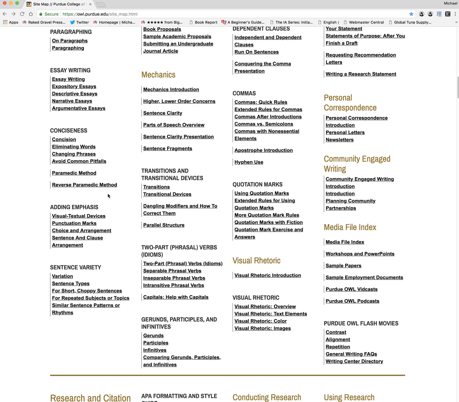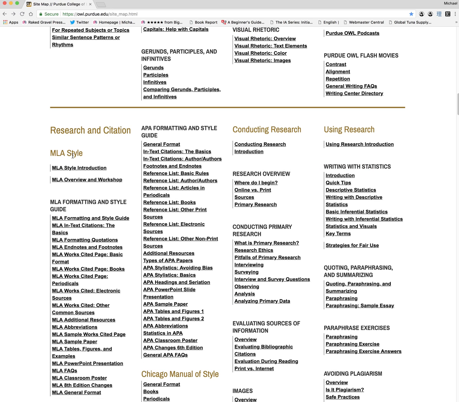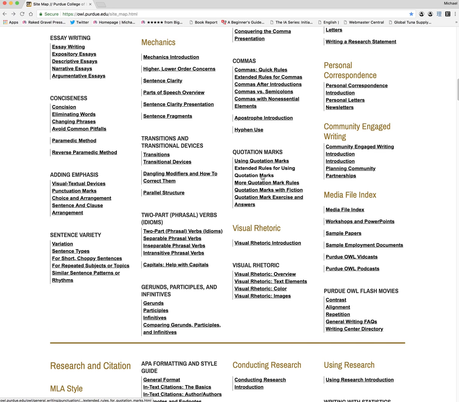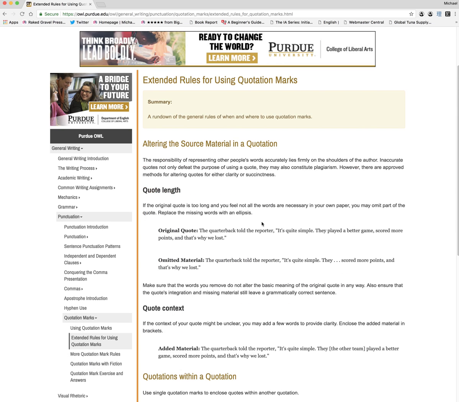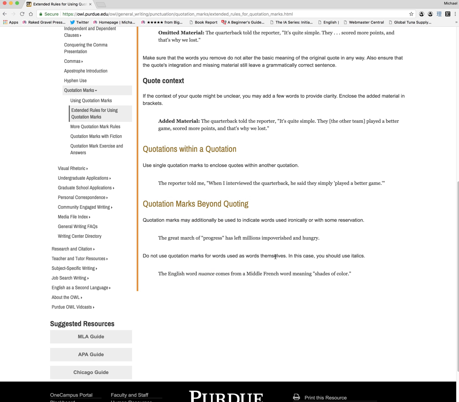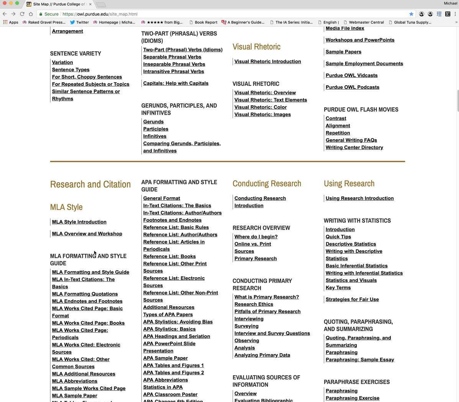The other important part of this is the research and citation. Like, how do you do quotes? Up above, it talks about how to use quotation marks, right? So this explains using quotes. Where do you put the comma? Where do you put the quotation? This gives you different ways to use quotations, different ways to include the quotation. But you also need to know how to put that inside